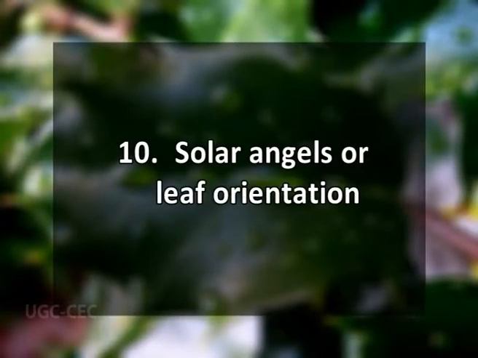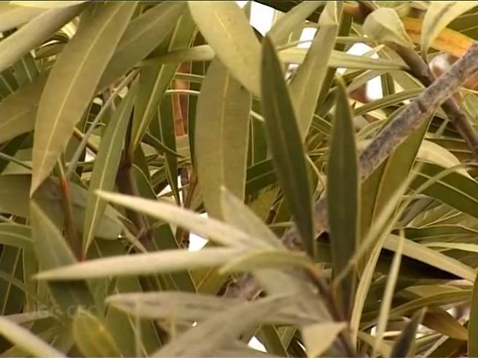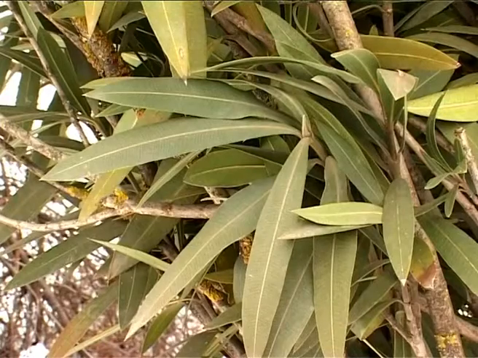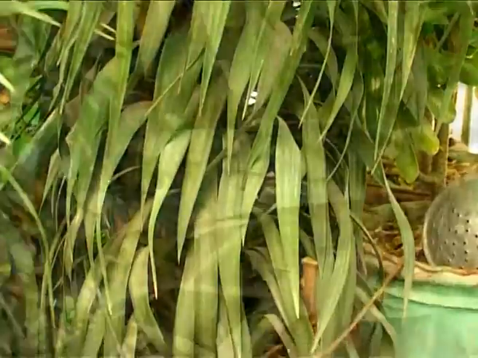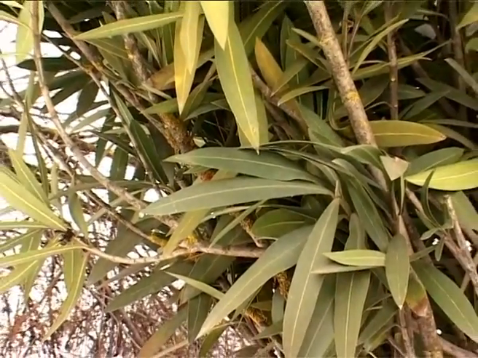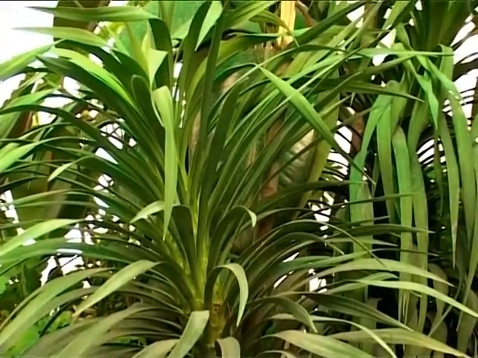One more important and peculiar type of adaptation found in plants is the vertical leaf orientation, also called solar angles or leaf orientation. The steeper leaf angles or vertical orientation of leaves reduces solar interception at midday when air temperature is high and transpiration can be severe. The light strikes these leaves in the morning and in the evening when heat load is minimum. At midday, the leaf orientation is parallel to the radiation, which reduces solar interception and thus efficiently minimizes water loss.